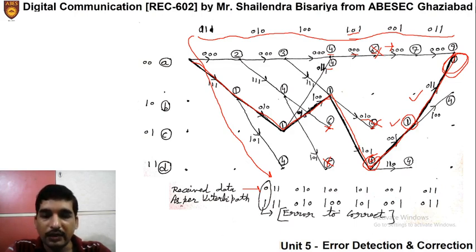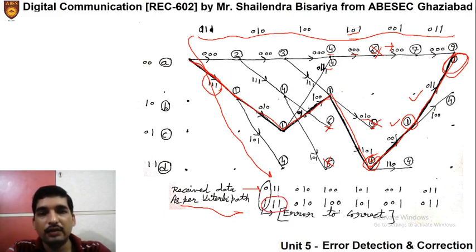Now I will write the path as per the Viterbi path. As per the Viterbi decoding, whatever path we have followed, we will write the code according to that. In the first case, it is 1 1 1, so I have written 1 1 1 here. In the second case, through this path, it is 0 1 0, so I have written 0 1 0 here. In the third case, following this path, it is 1 0 0, so I have written 1 0 0 here. In the fourth case, following this path, it is 1 0 1 here, so I have written 1 0 1 here. And similarly, the next ones are 0 0 1 and 0 1 1.